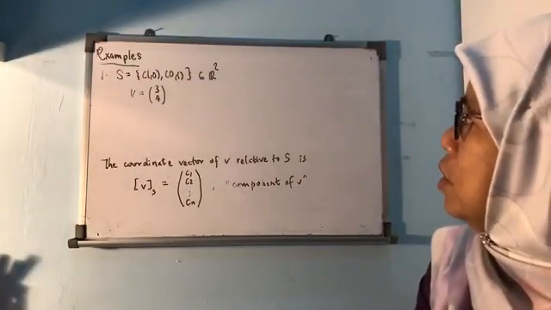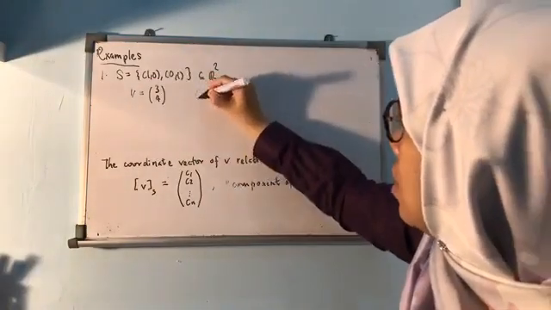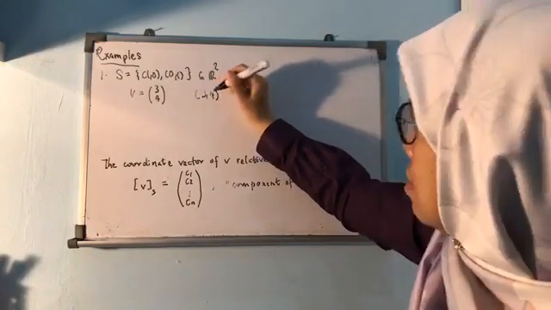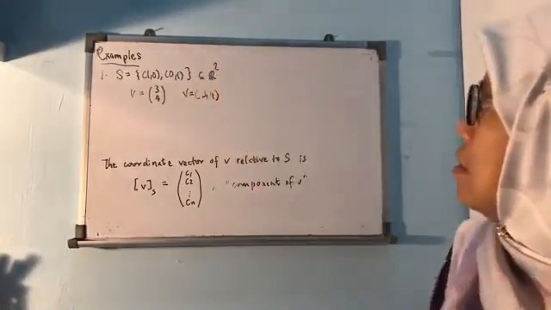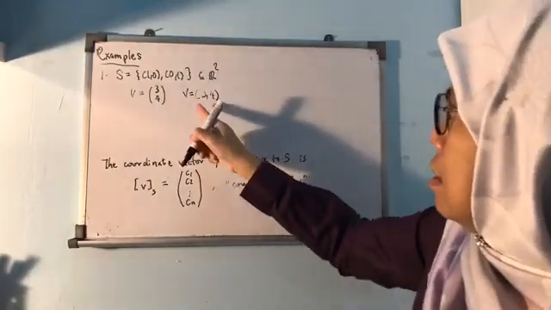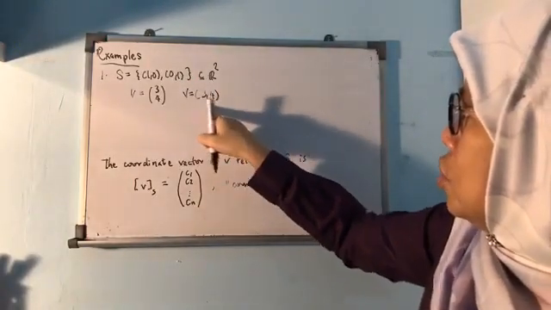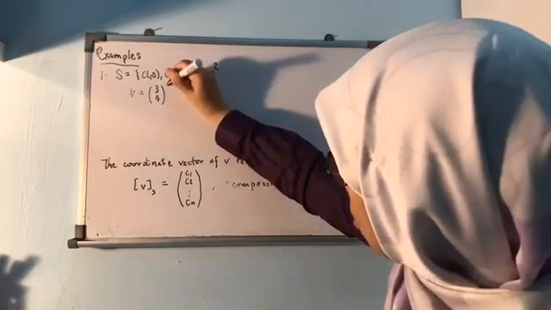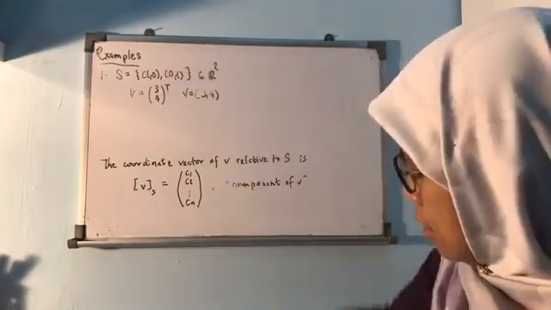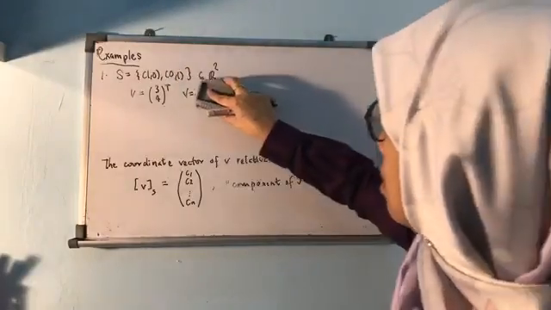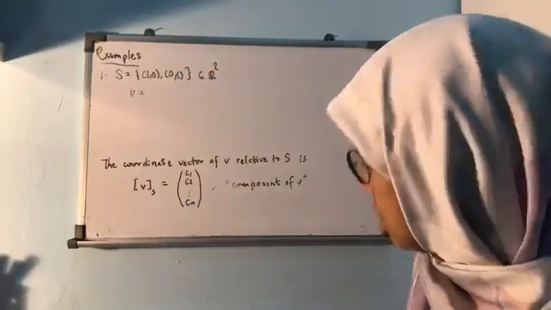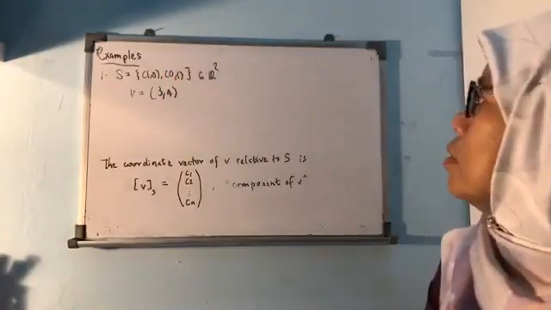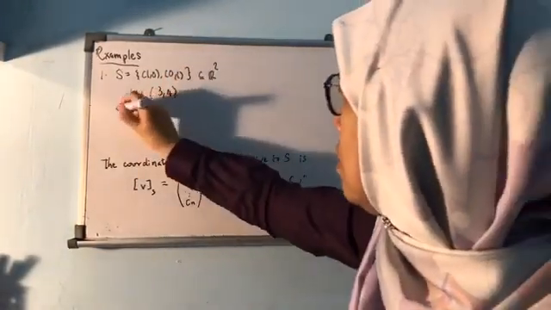Why sometimes we use it like this? It depends. Some authors use horizontal to save space. Some authors write this or they write this. We can just stay with our normal (3,4), right? Okay, now find